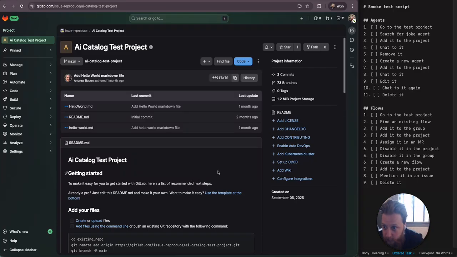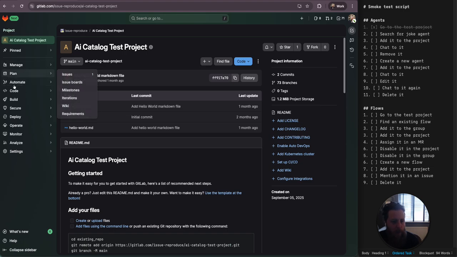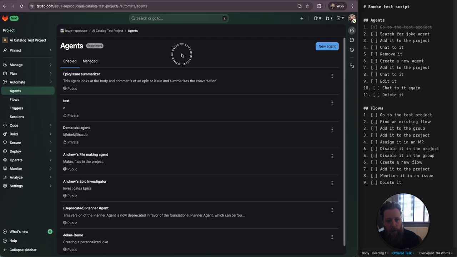Right, smoke test. Let's go again. We had a bit of issues last time. Hopefully these are fixed. Let's just go through. We'll see. Right, so we want to go to the test project. Already there. We would like to search for a joke agent. So automate agents. We want to